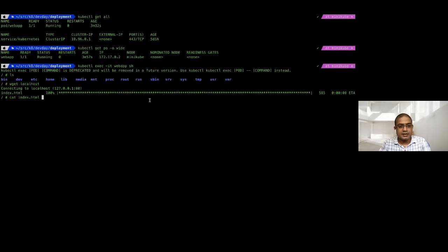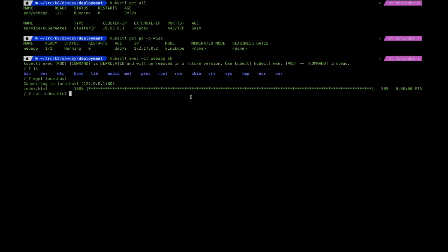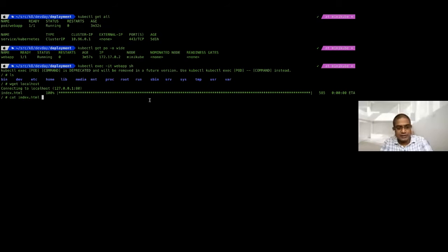there's no way that we can access it from outside. So this is not a practical thing. Let's go to the next step and see how we can expose this web application to the